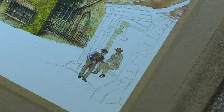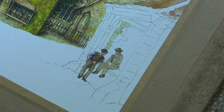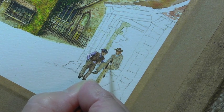What about this chap here? We've got a deeper brown jacket for him, but we've also got to think, well, yes, I appreciate it's darker, but we also want to leave some light too. So we start off by putting in the dark areas. Dark area goes here, like that, and that will give us, whatever we decide to do with that, that will give us